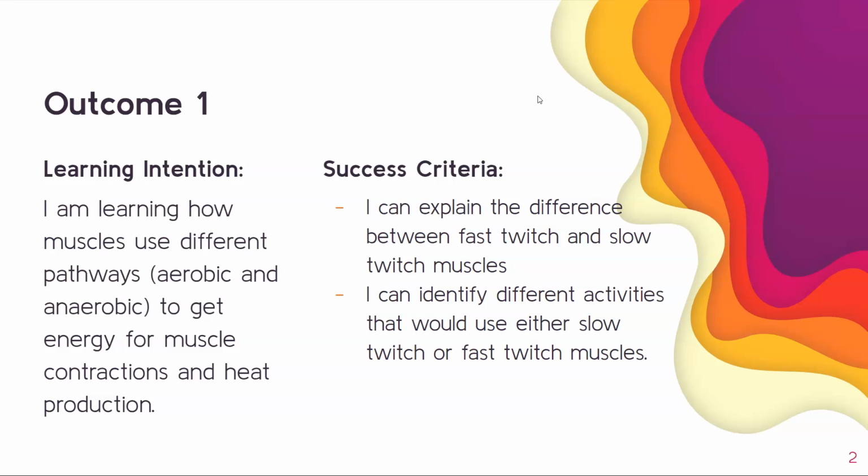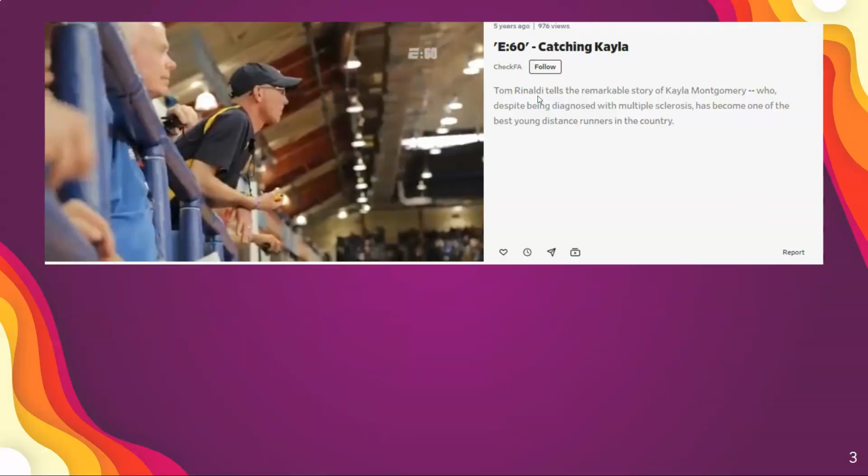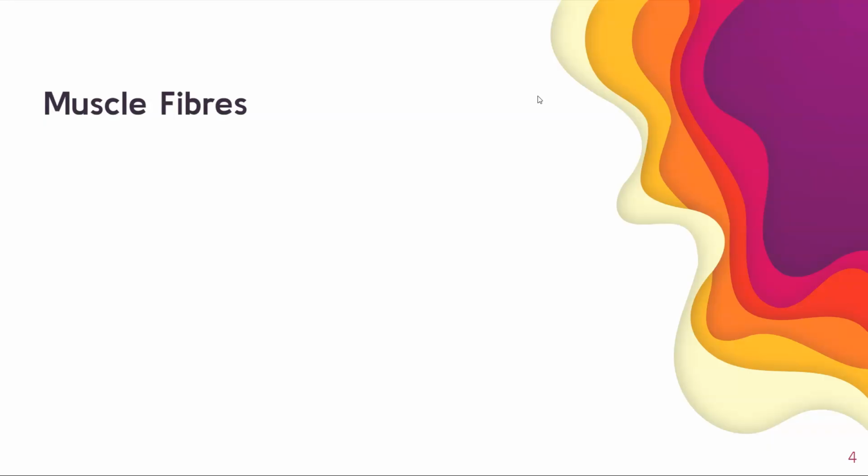So your job today is to be able to tell the difference between a fast twitch and a slow twitch. There's also an intermediate, and then identify the different activities. We're also going to discuss how muscles actually fatigue and how steroids can actually help. We'll start off by talking about the muscle fibers. So you have to remember a muscle fiber is part of the muscle fiber bundle, which makes up